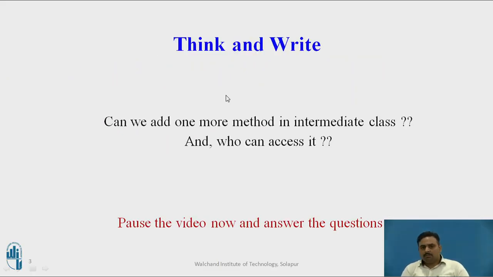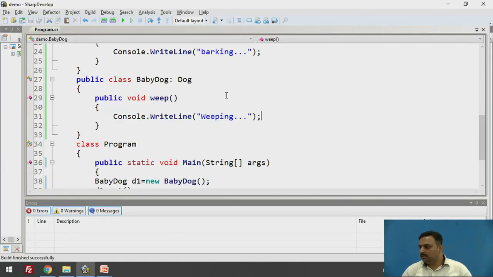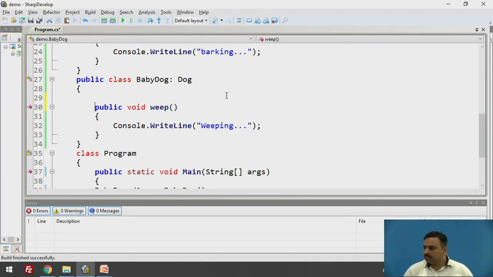So there is one question for you: can we add one more method in the intermediate class, and who can access it? Let's have a look. Let's say I am just adding one more method here. We can add it, no problem. For testing purposes, I will add a test method.